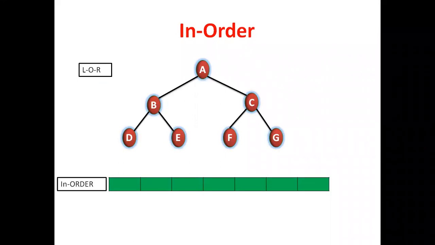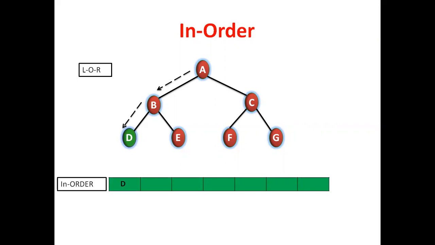So this is our binary tree. We are taking 7 boxes here. Every inorder tree traversal starts from the root node only. In this tree, A is the root node, and we are starting from the root node. According to the LOR formula, L is left, R is right, O is root. Is there any left for A? Yes, B is there. Is there any left for B? Yes, D is there. Is there any left for D? No. Then print D, meaning D is visited.